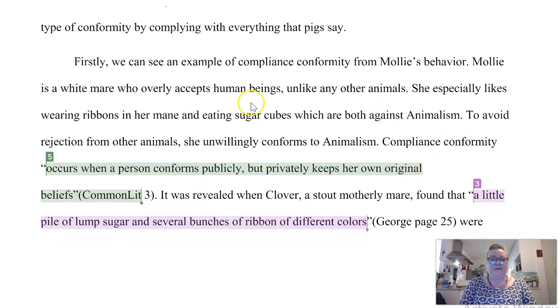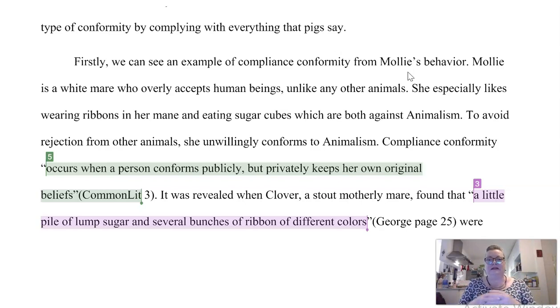Then her first example, talking about compliance, I agree that the horse Molly was a very good choice here for textual support. Okay, so as you know, Molly has not really been kind of part of this. She is at the beginning. She complies at the start before she runs away. Okay, so again, Molly, in terms of